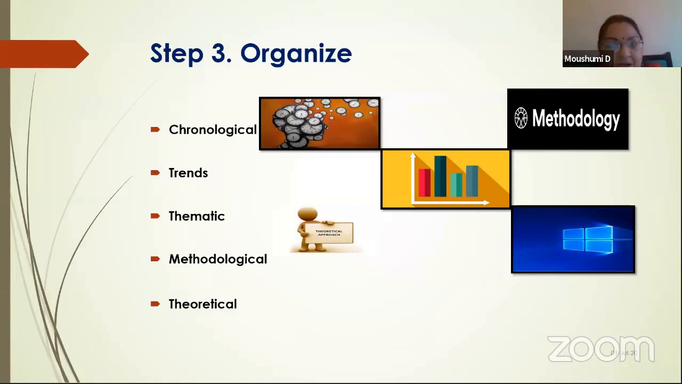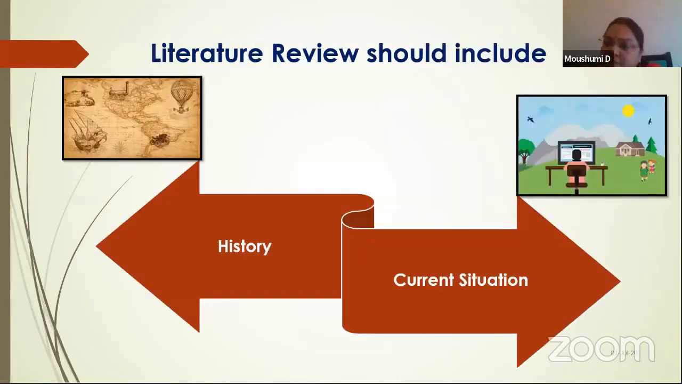So we have planned our literature review, we have researched our literature review, and we also have got some idea about how to organize our literature review. How to organize? According to time, according to trend, according to theme, according to method, or according to the theory which you intend to develop. A literature review, you should always remember, includes